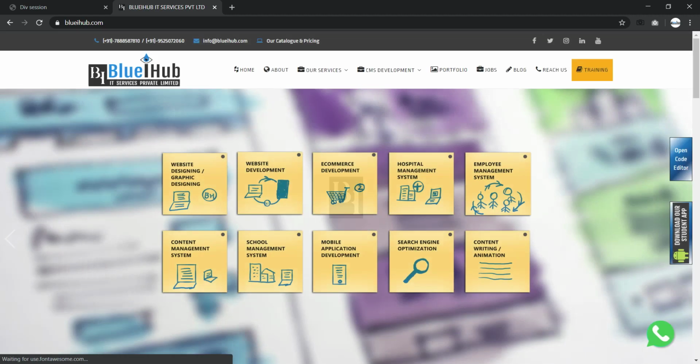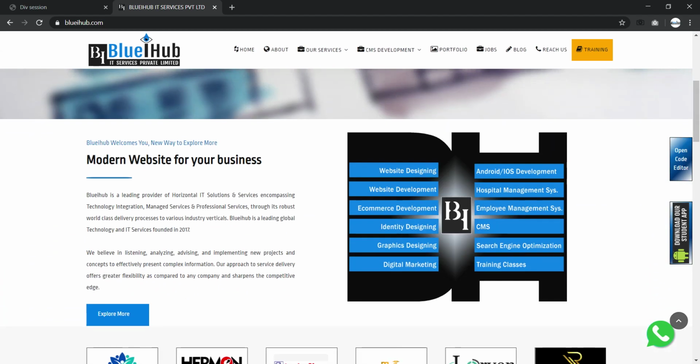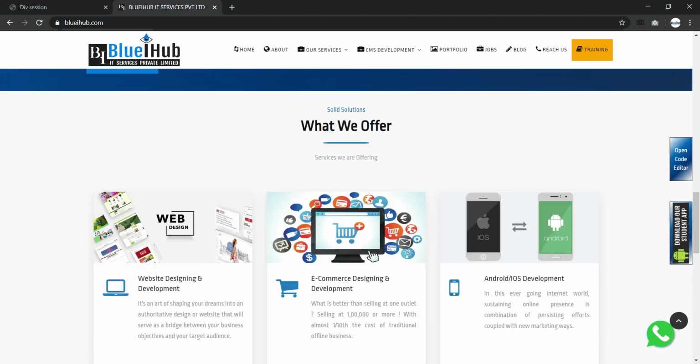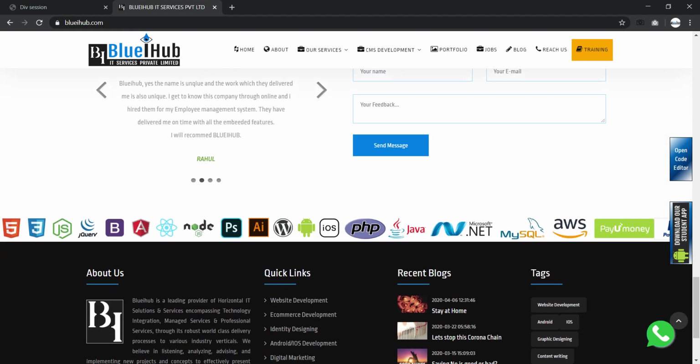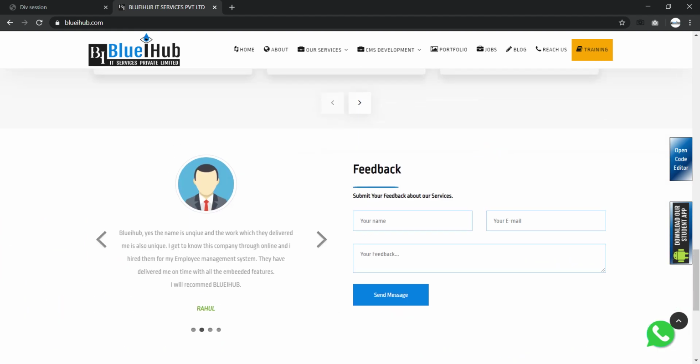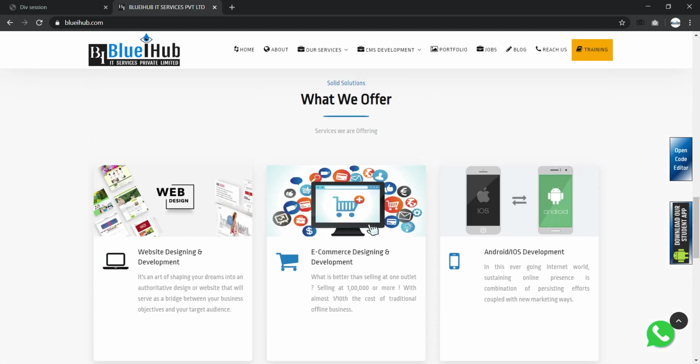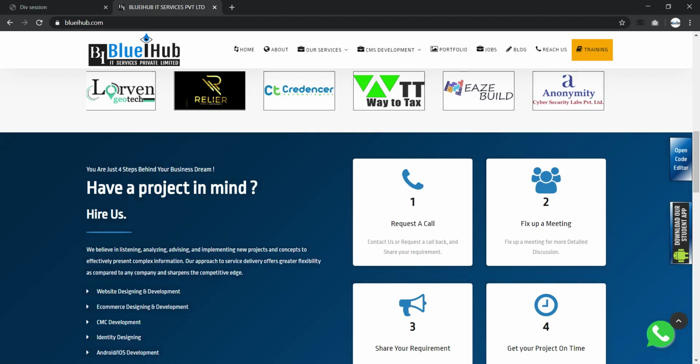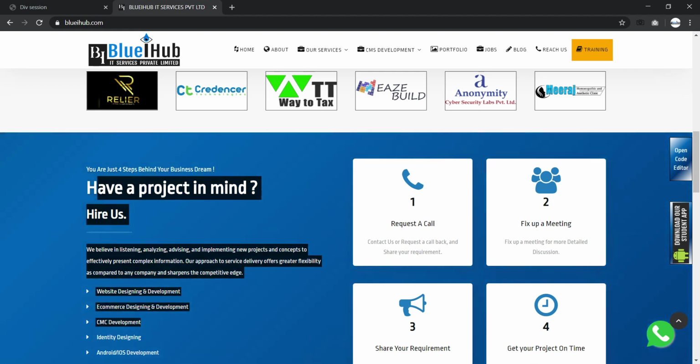Here the design you can see, this is what we call a layout. A layout contains where I have to place the image, where I have to keep the content, where I have to put text.